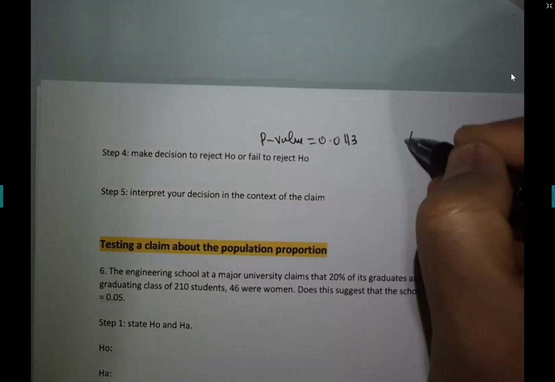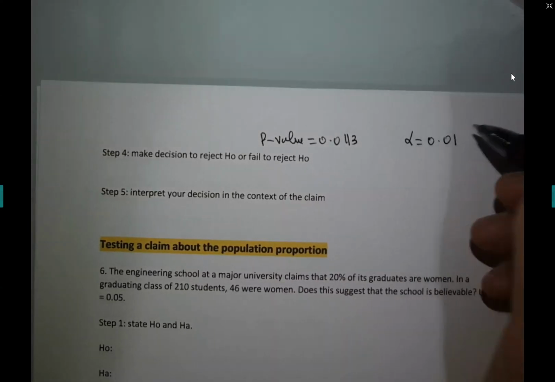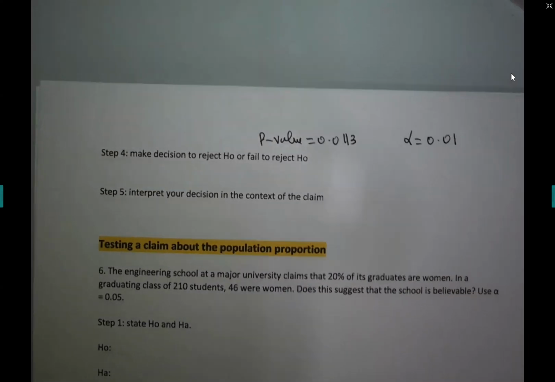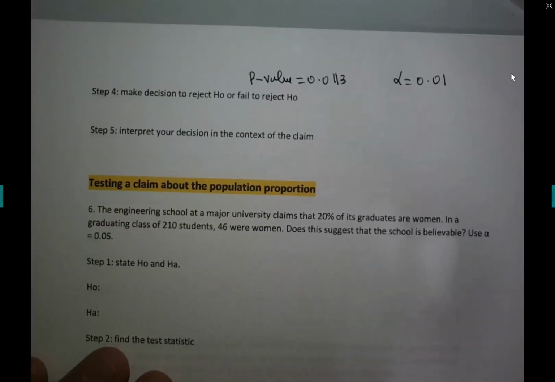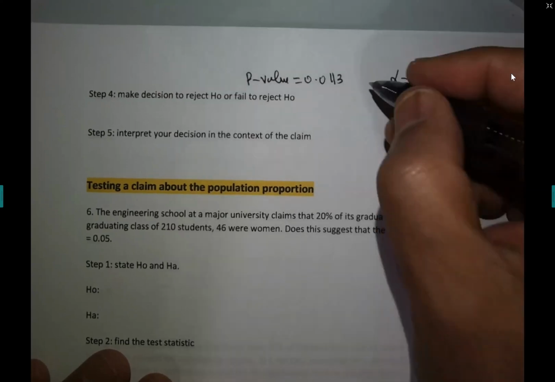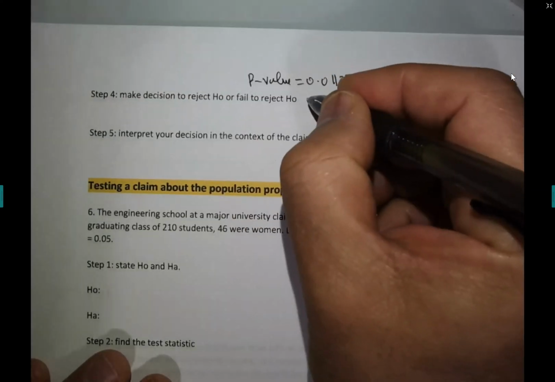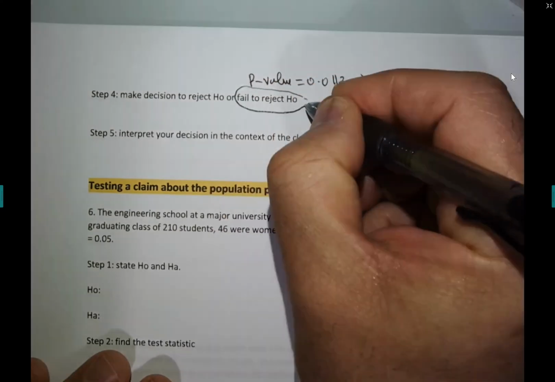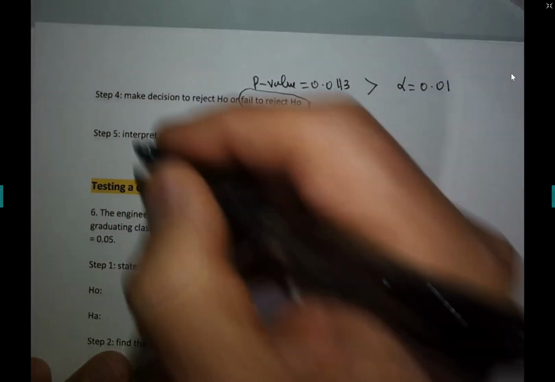And the alpha is 0.01. Okay, comparing, guys, what do you think? Which one is bigger? The p is greater. Oops, failed to reject. We haven't rejected H0 today yet. So there is not